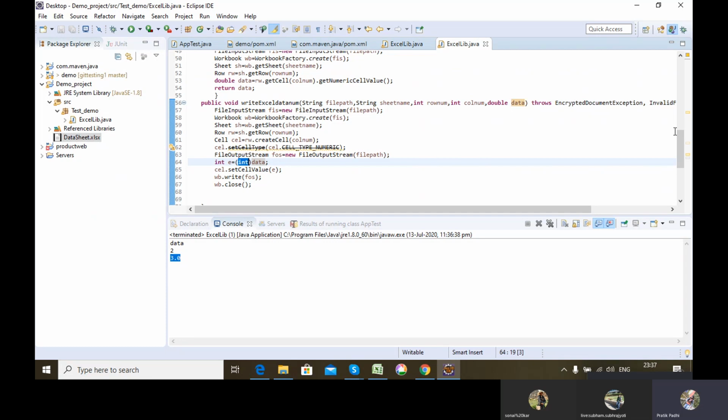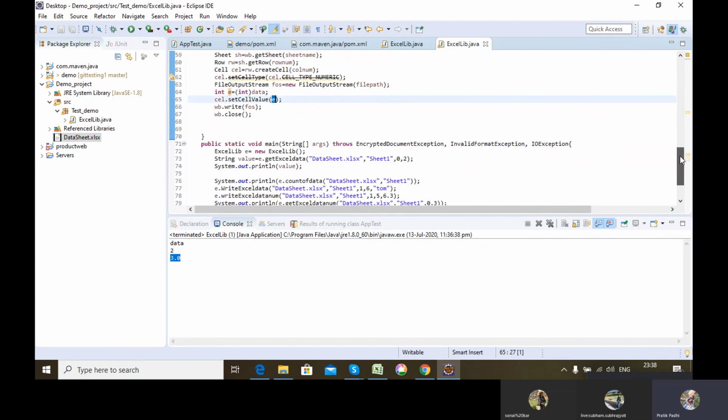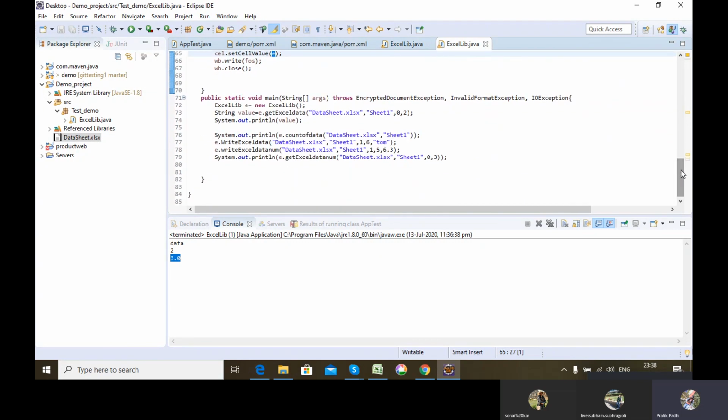Okay. So if you want to store the whole decimal value, then just don't typecast it. Directly write the data here instead of the typecast. Don't use these two lines of code. So it will not typecast and will not store the integer value, it will directly store the decimal value. Okay, so this is pretty much how to deal with Excel, how to read Excel and how to write Excel.